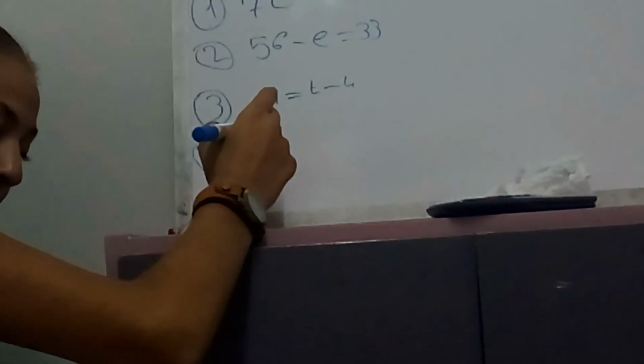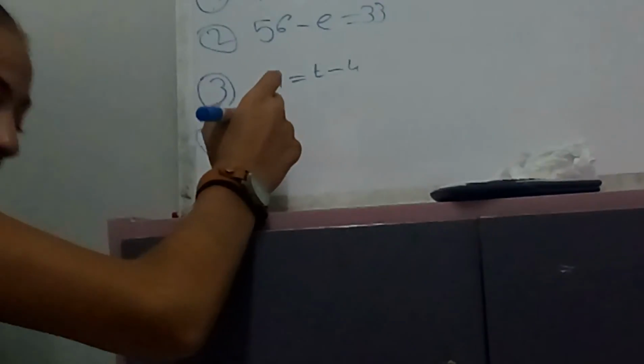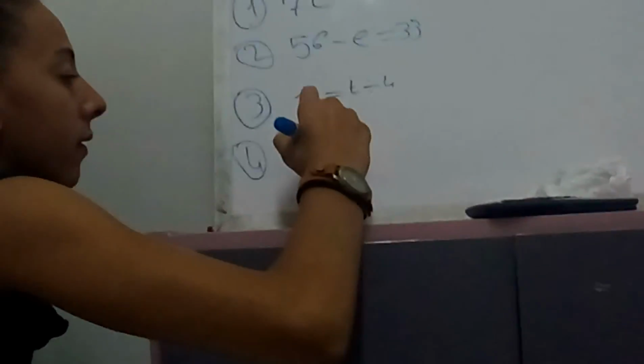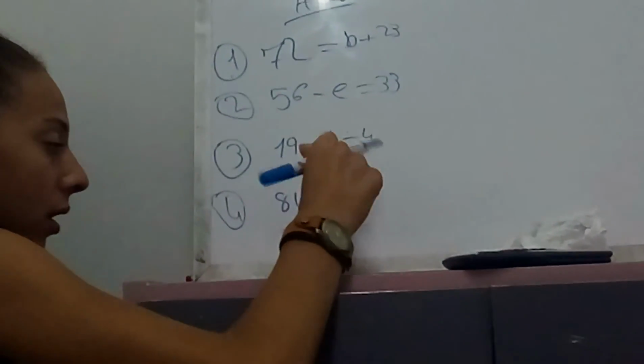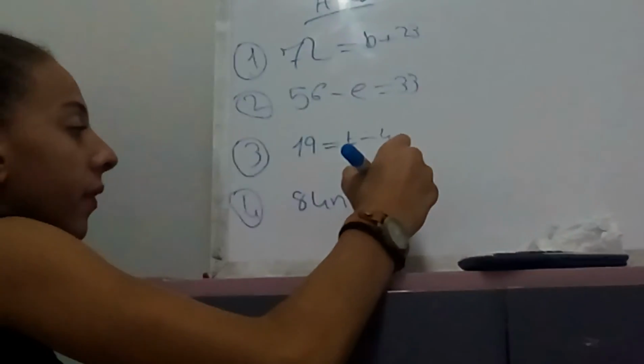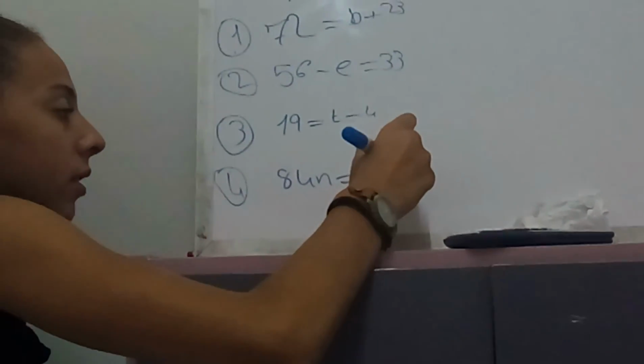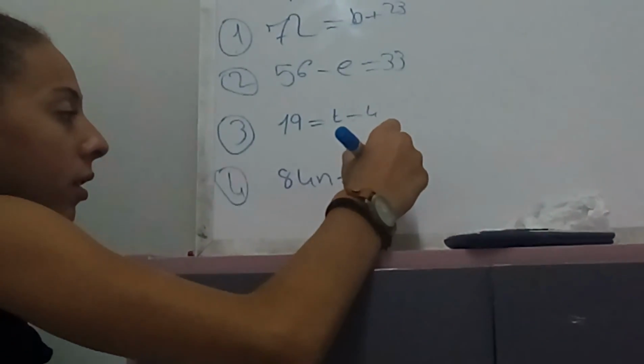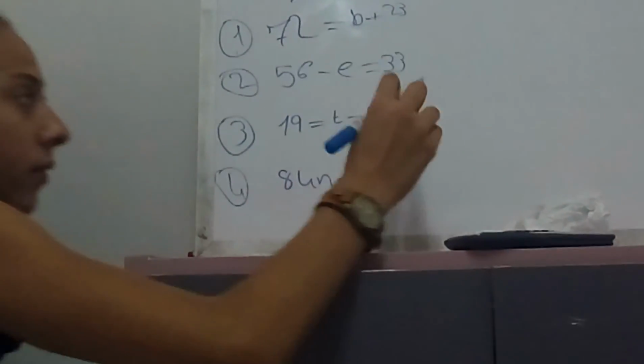And the last question will be 84n equals 504. Okay,